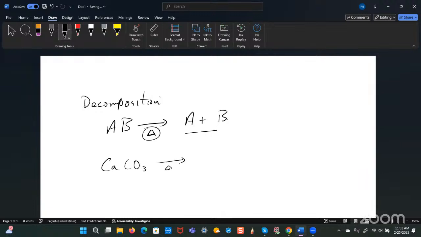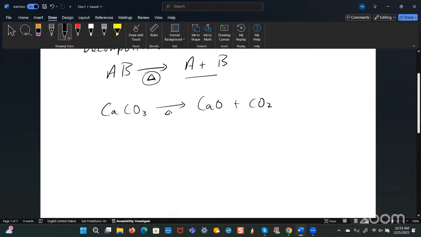Heat it, you're going to end up with calcium oxide plus carbon dioxide, right? So in a decomposition reaction, you're starting off with 1 reactant, and you're going to end up with more than 1 product, right? That's decomposition. Now, the opposite of that would be what we call combination. So combination reaction